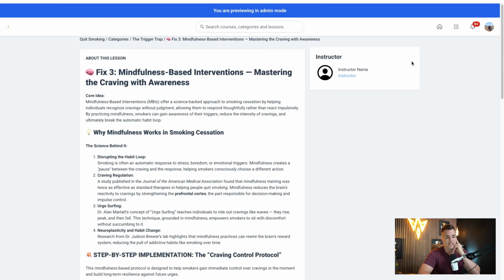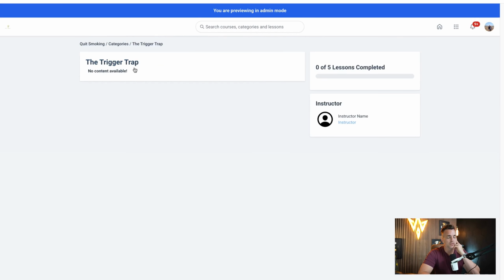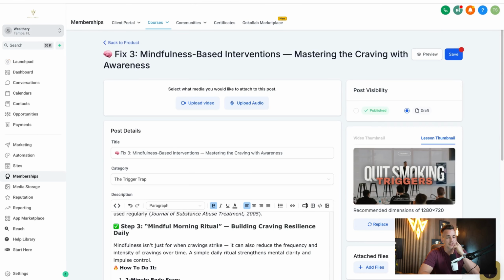We're 34 minutes in, and I'm almost 1 module all the way done while describing it and spending way too much time talking to you guys about it versus just doing it. So you can see here, when I go to the trigger trap, it won't show because there's nothing in there now that I think about it. It's all previewed. I haven't published anything. You would see a list of the modules with this little thumbnail, which looks great.